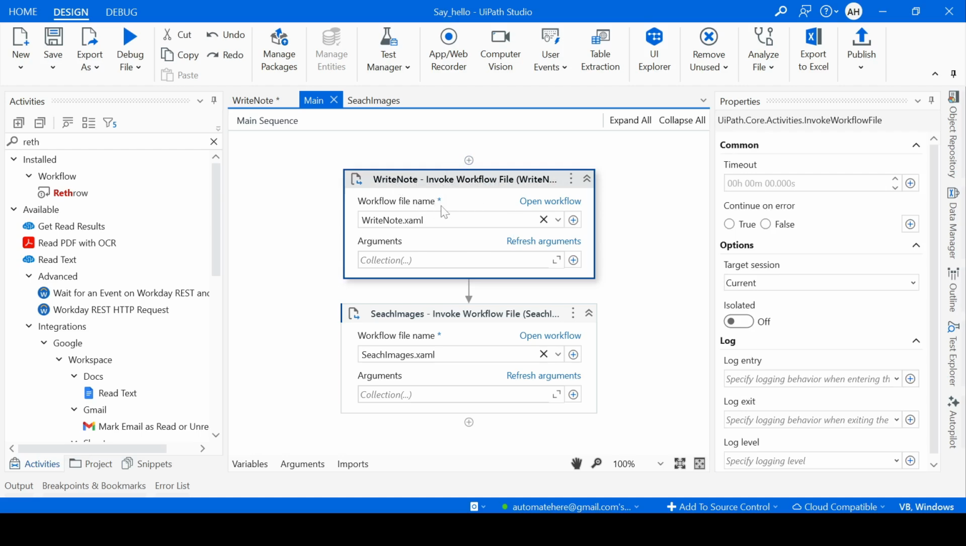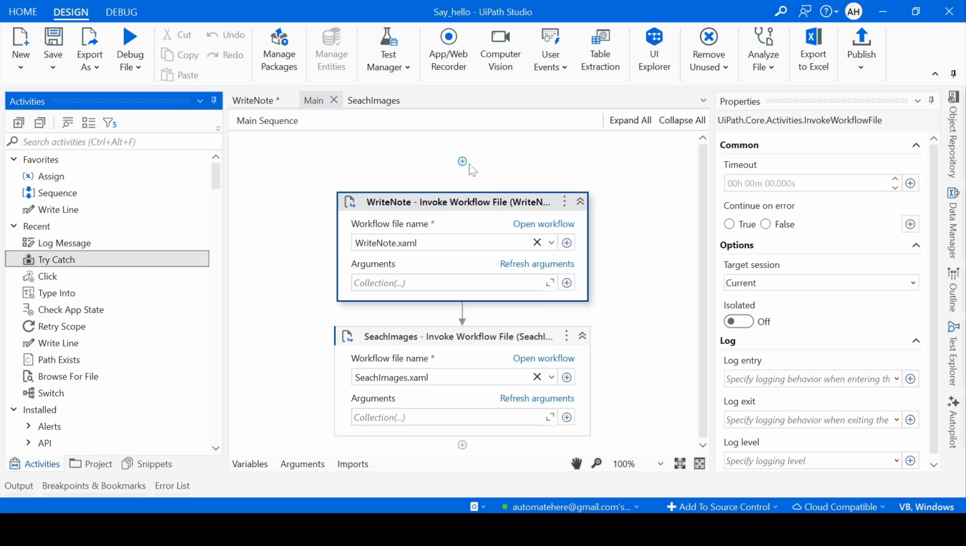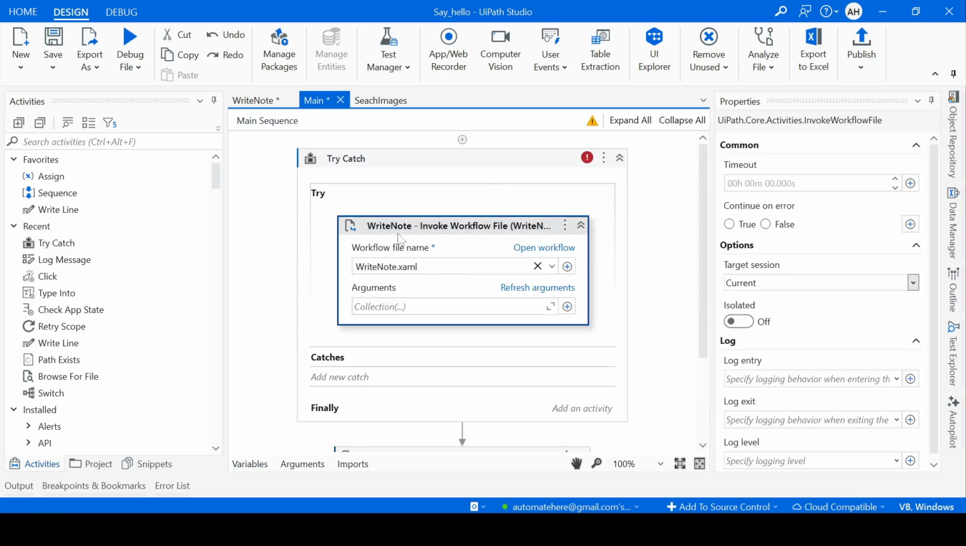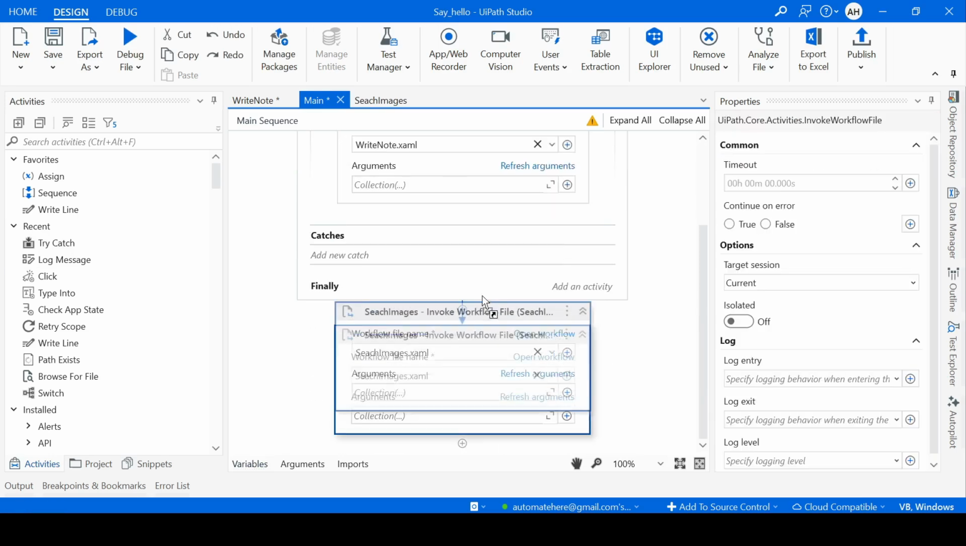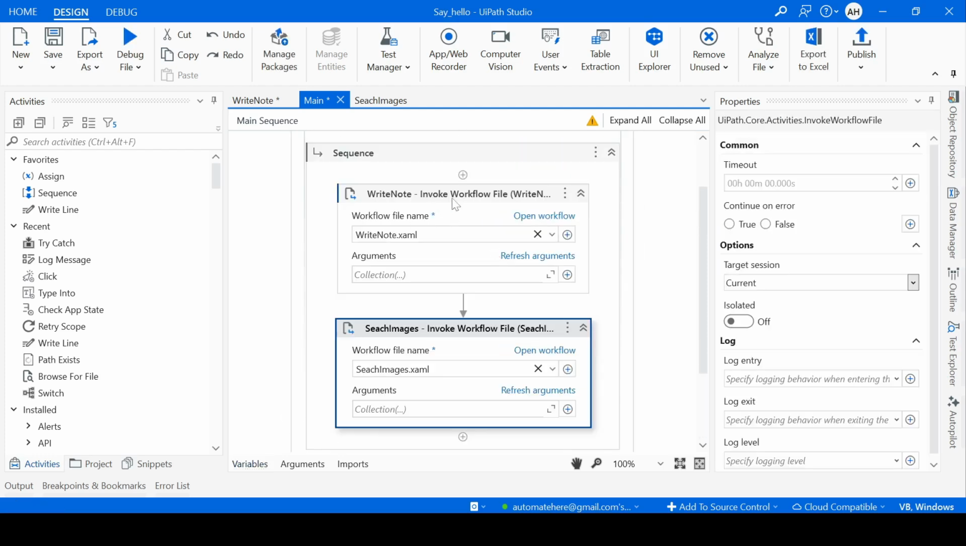Okay, so here, to handle it again, we have to add a try catch, right? So let me add it here, and put those two sequences inside it. These two sequences, one is for writing in notepad, and one is for searching the images. Okay,